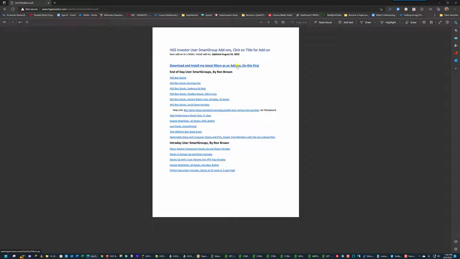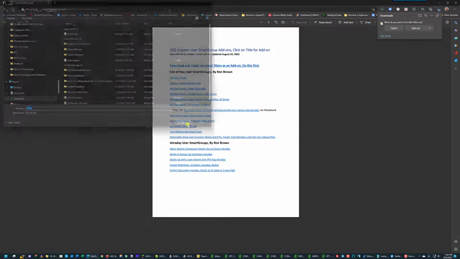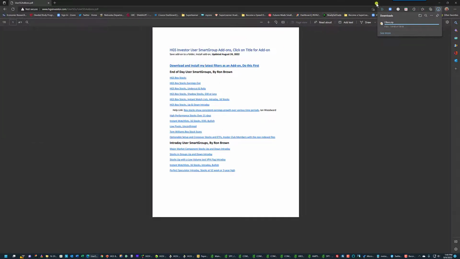So you have to have the latest filters so you don't get errors. So just click on that, save as, let's see, downloads. It's just going to say filters, and then